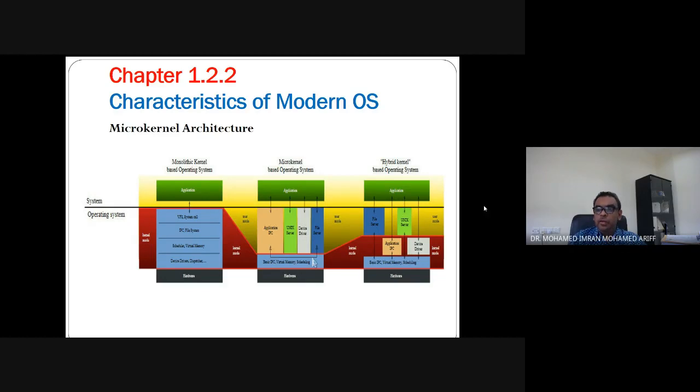But now we have moved into what we say is the hybrid kernel, meaning it can do both, micro pun boleh, mono pun boleh. So why do we need both? If you read the notes, you will find that a microkernel is better as compared to a monokernel. So there are some advantages. Why do we use a monokernel and why do we use a microkernel?